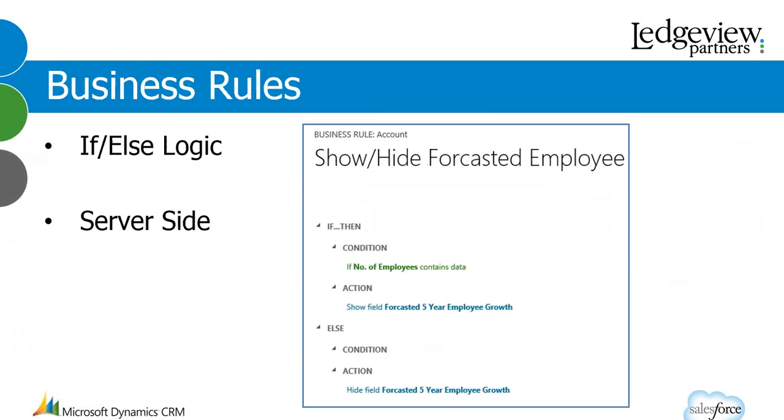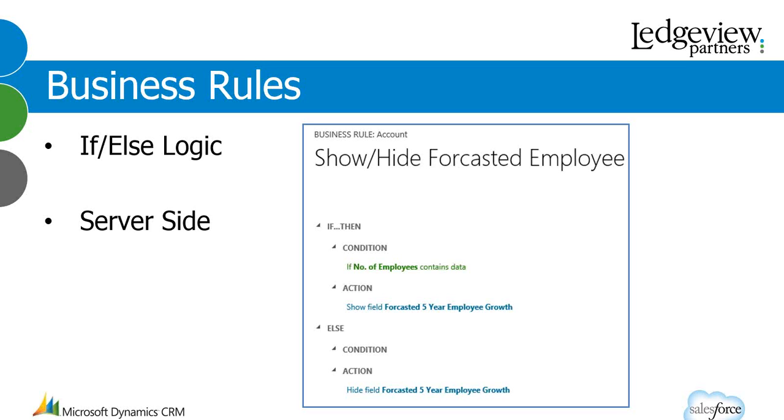There were some enhancements made to business rules. Now, business rules were introduced in CRM 2013. But one of the things that they did add was if-else logic. So the showing and hiding of fields was one of the main things that we used business rules for in CRM 2013. But if you showed a field using a business rule, you'd have to have a separate business rule to hide the field. Now, because you have this if-else logic, if you look at this code that's on here,